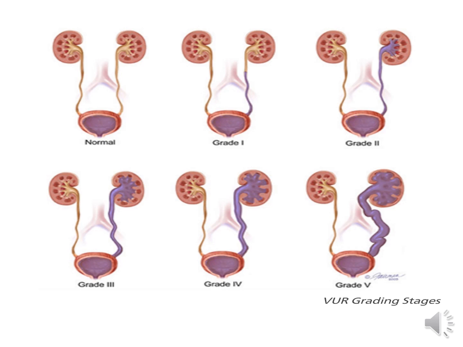of the ureter. In grade 4, there is reflux into the ureter and into the renal pelvis, and there is moderate distension. In grade 5, there is severe distension and there is also twisting of the ureter. So these are the different grades of vesico-ureteral reflux.